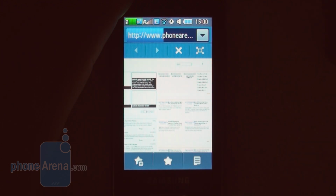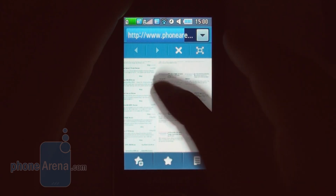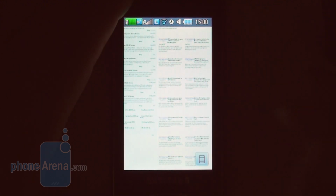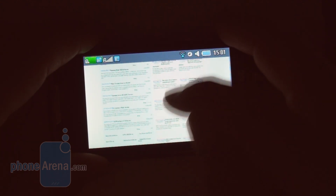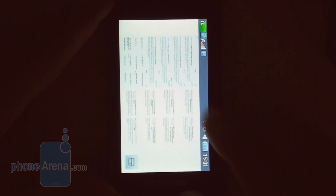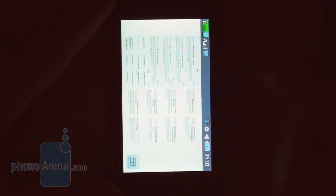If you have a large page with a lot of pictures on it, it actually returns an error: page is too large or there are not enough resources. And overall the browser experience is not great. You see? Okay, changed into landscape. That's how it looks. Scrolling is not really smooth as well. Okay, the page is too large for the phone to even zoom into, for the phone memory. So you're not going to be browsing with much pleasure on the Samsung B7722, but it's good for basic tasks, of